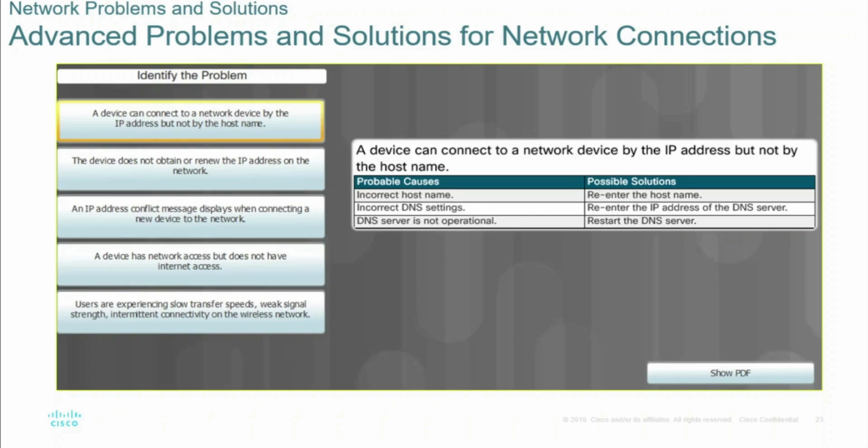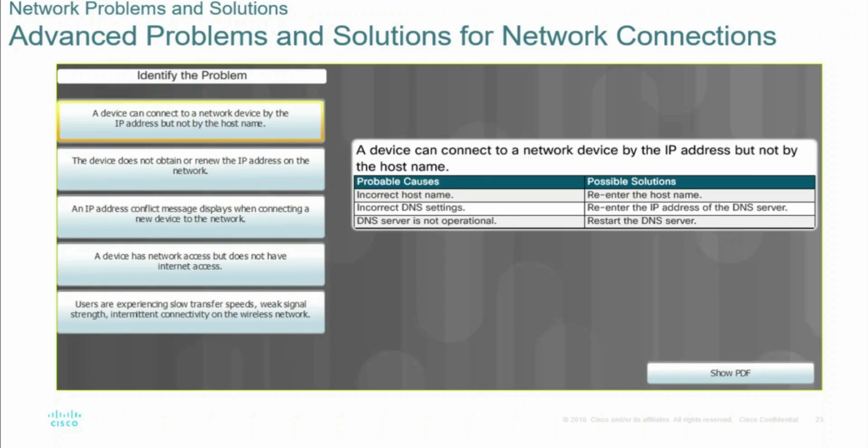Now the problem arises. If the google.com IP address is correct, then you will get the connectivity. Otherwise, it won't work. Likewise, when you type google.com, which is known as the host name, and the spelling is wrong, then you won't get the connectivity. If that's the case, re-enter the correct host name. It will solve the problem. Or if you have a wrong DNS IP address, correct the DNS IP address.